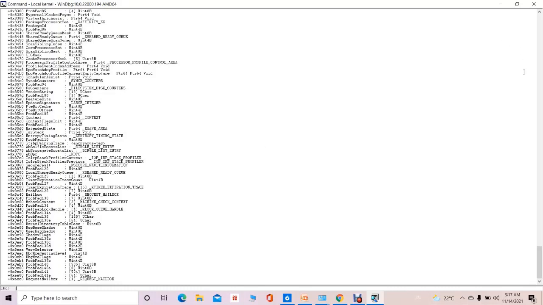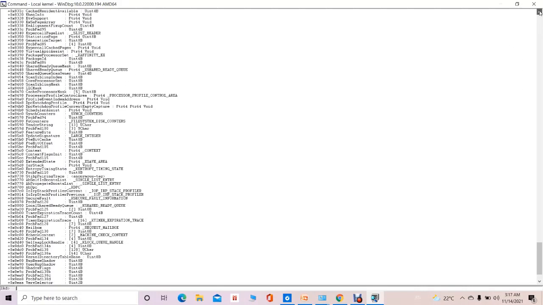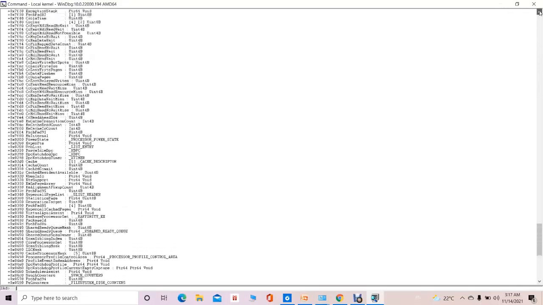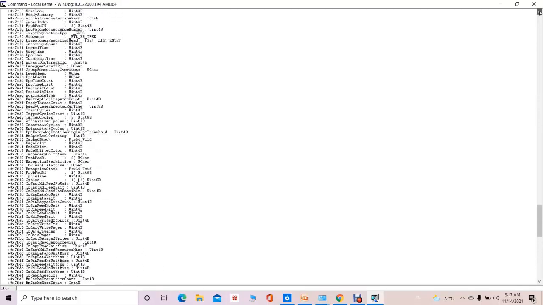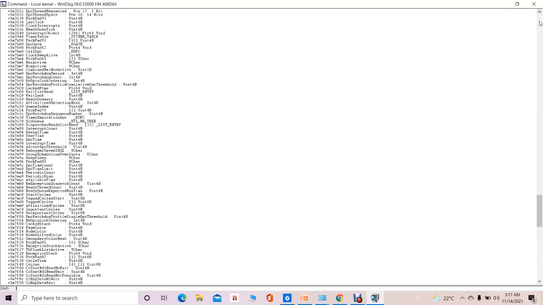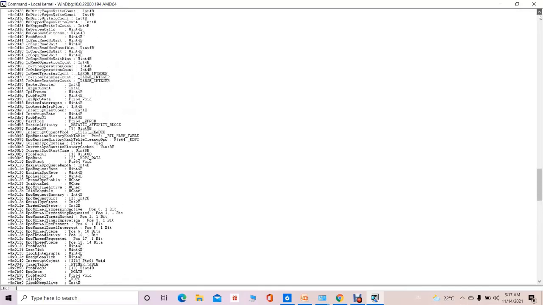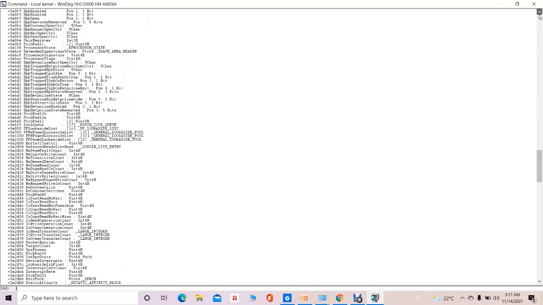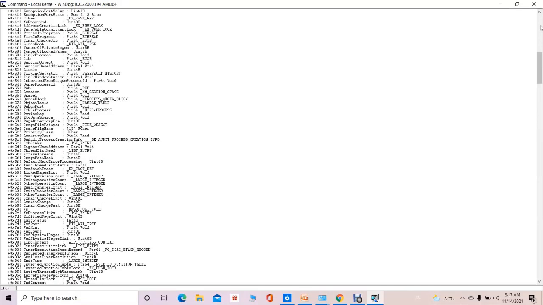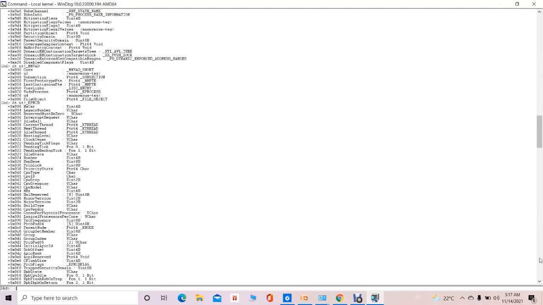It's a very big structure, meaning it has many attributes associated with it. The important information for the CPU is maintained in this kernel processor control block structure. We'll see some of the entries available in it. We have entries like IdleHalt, and the next thread.